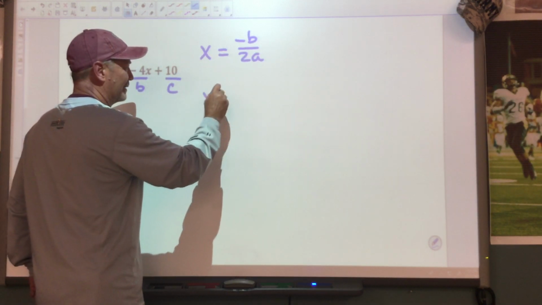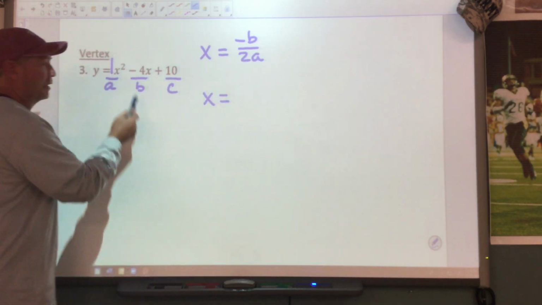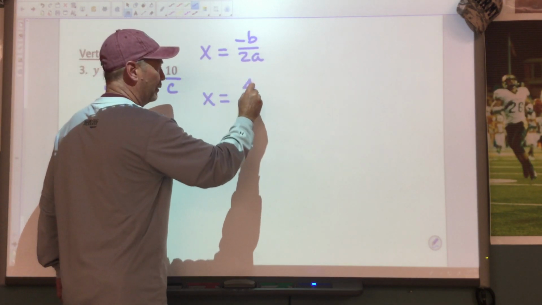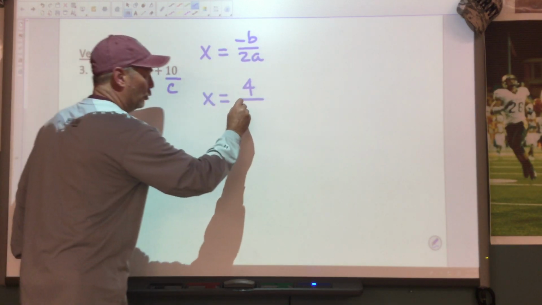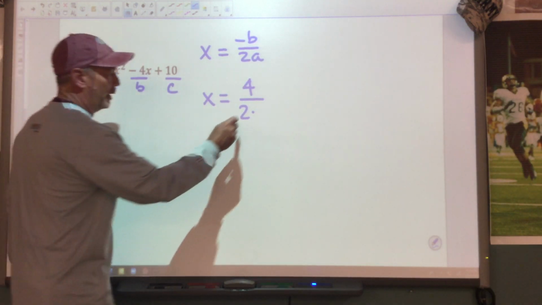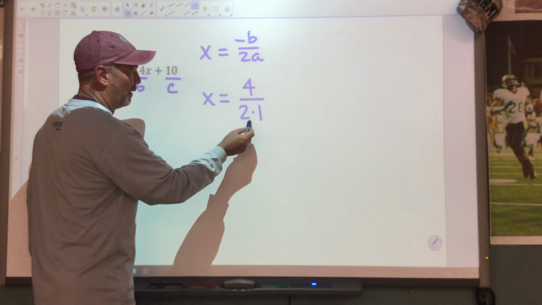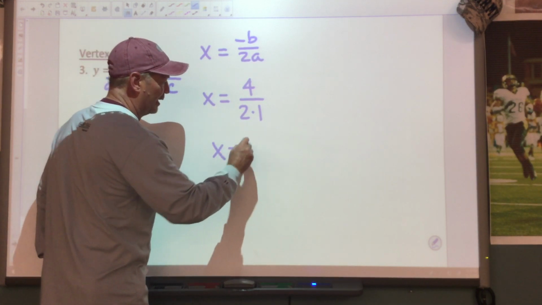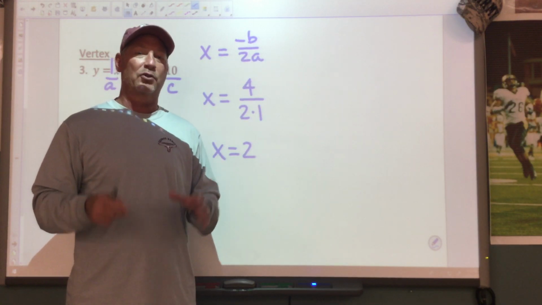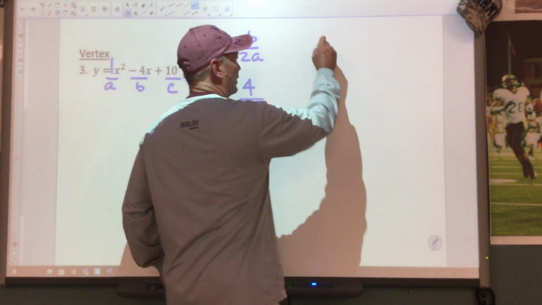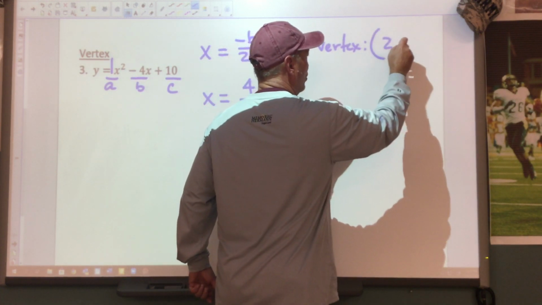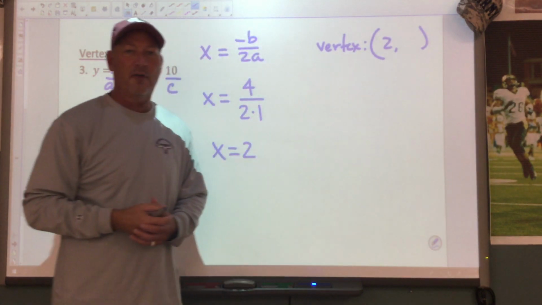So we're going to say x equals the opposite of my b. The b is a negative 4, so the opposite would be a positive 4, over 2 times my a value. My a is a 1, so we put a 1 right here, and that's going to be 4 divided by 2. You're going to tell me that x equals 2. Now the vertex is an actual location on your graph, so it's an ordered pair. So the vertex is going to be 2,